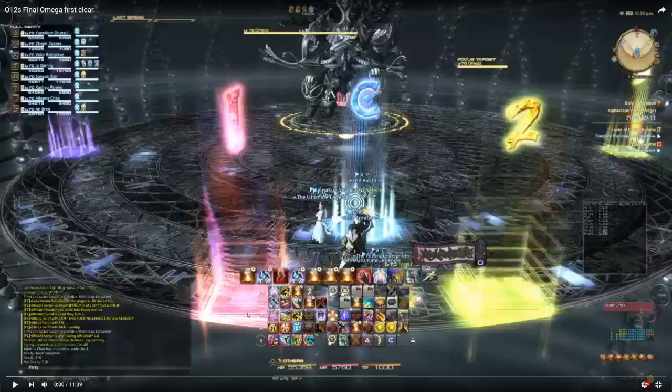This fight is a pain in the ass for Ninja. I think it's actually horrible, because of three main reasons. Hello World: every time there's Hello World, it coincides with your trick. So your second trick is horrible